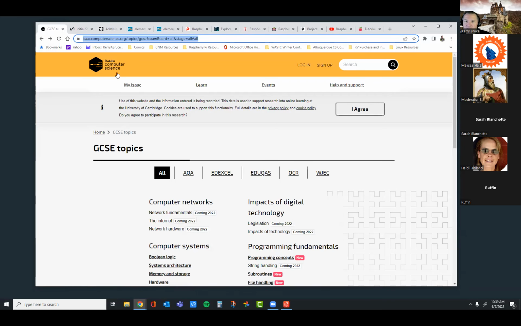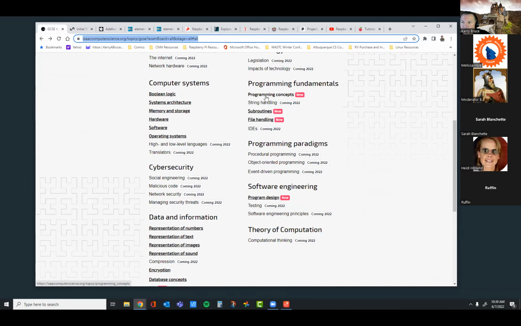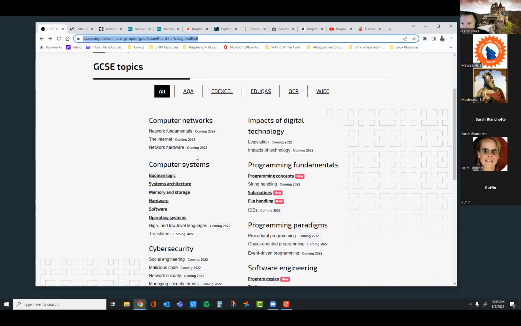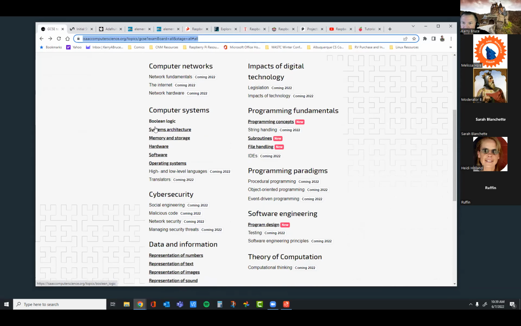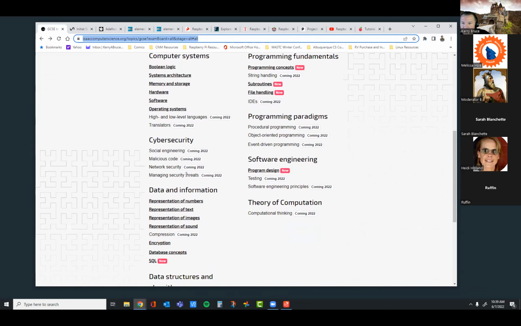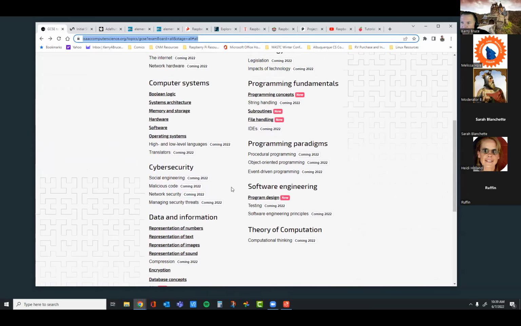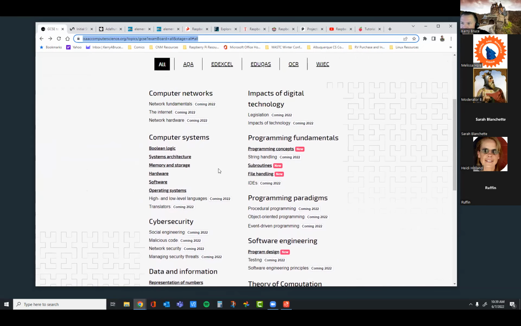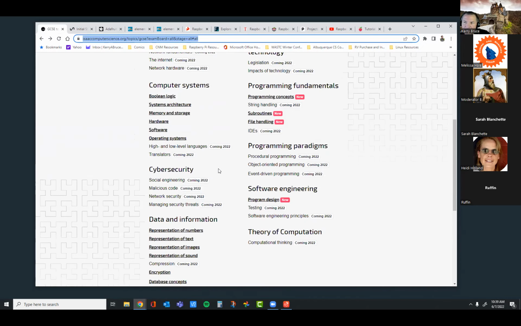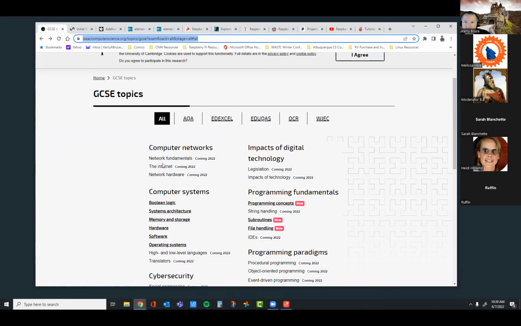This one here is, again, in partnership with Raspberry Pi, Isaac Computer Science. It's a website more geared towards the high school level in the UK. Right now, they've got a lot of cool things that they're bringing to the table, like computer systems, how Boolean logic works, architecture, software, operating systems. They've got some cybersecurity things coming. So I would keep an eye on this. Some of these things don't have anything to do with the Raspberry Pi, but they may be interesting things to add into your courses, right? So that's pretty good.